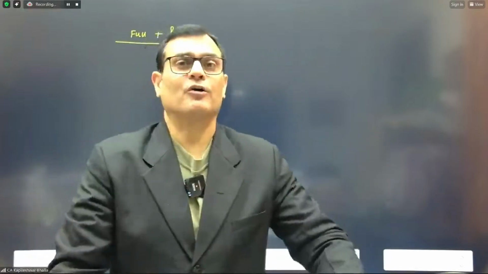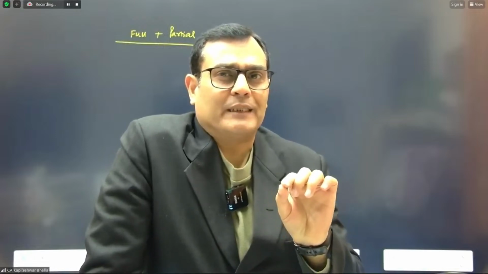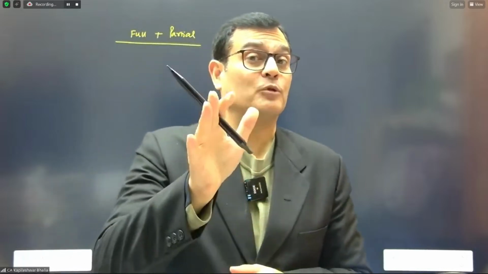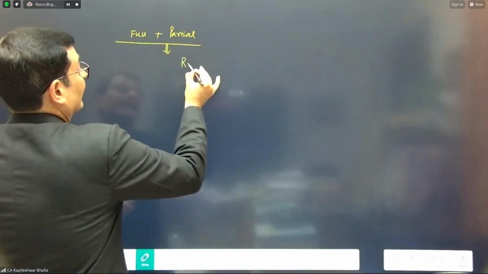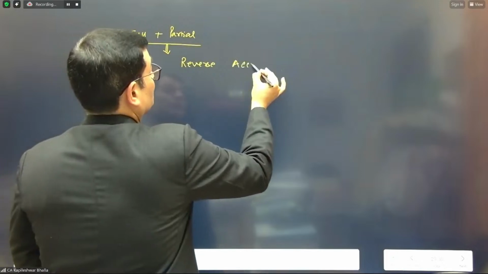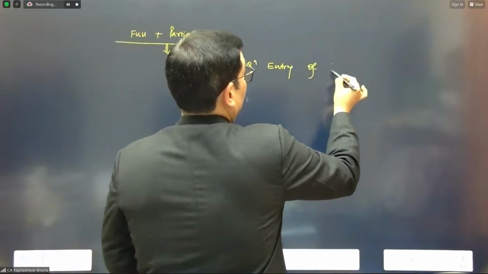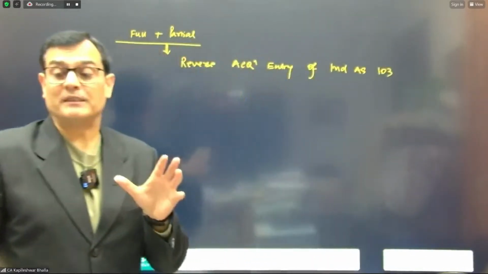And if the control goes off, I am going to do a reversal of Ind AS 103 entry. So the examiner would ask you to calculate a profit or loss on disposal with reference to the consolidated financial statements. So what I'm going to do, when there is going to be a full or a partial disposal, I will reverse the entry. I will reverse the acquisition entry which we did in Ind AS 103. So whatever entry I gave you in terms of Ind AS 103, trust me, I'm going to reverse that.